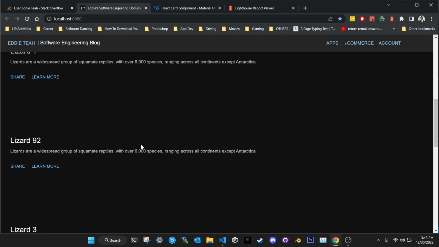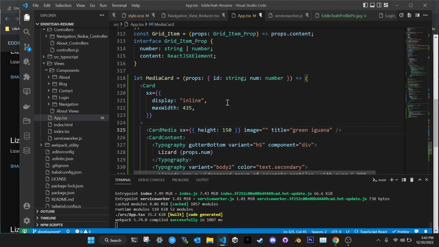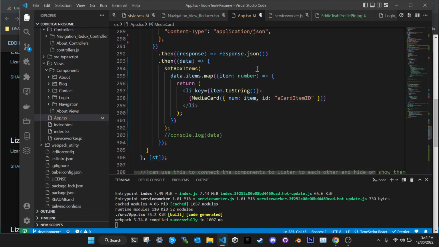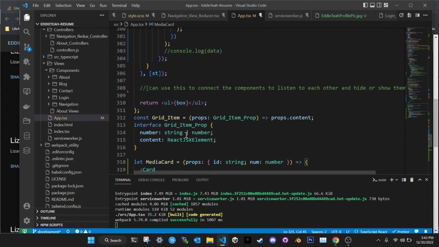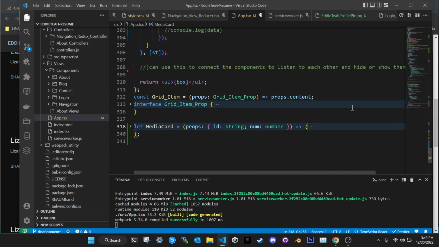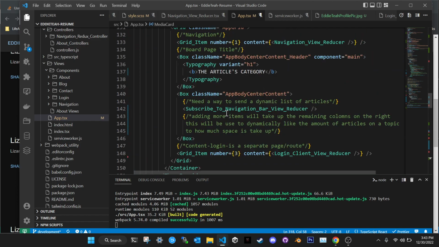I'm not sure. But this is a flexible grid, and oh, this is my personal stuff. It's TypeScript stuff, and we will go here.